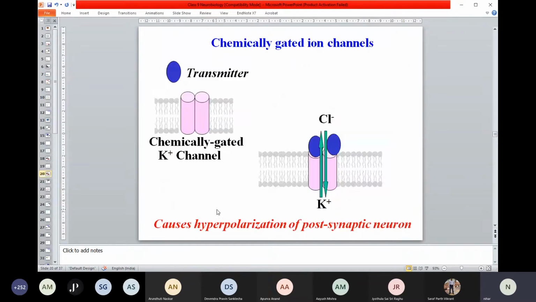So in case of IPSP, a completely different ionic event takes place. In case of IPSP, chloride ion goes in and potassium ion comes out. Because of the entry of chloride ion, the inside of the membrane gets more and more negatively charged, right? Because in normal circumstances, the inside of the membrane is negative. Now more and more chloride ion goes in, so that leads to more and more negative inside. That's called hyperpolarization, and that's why there is no depolarization. So that's why the neuron is getting inhibited. That's called inhibitory postsynaptic potential.